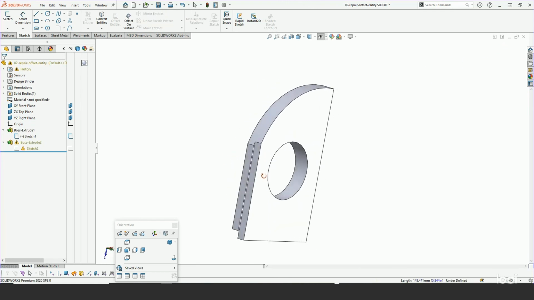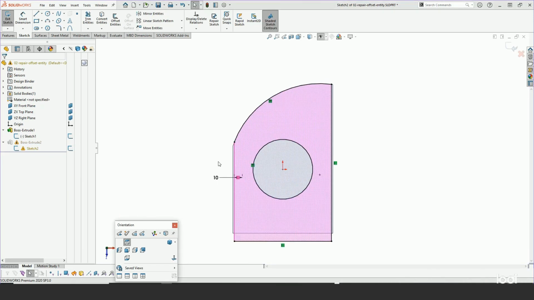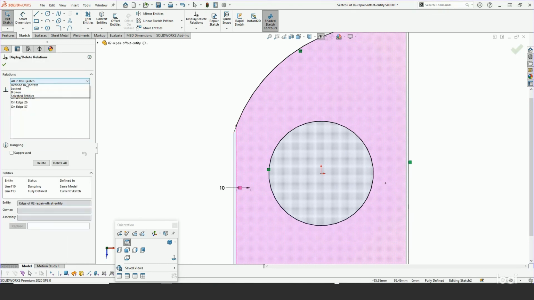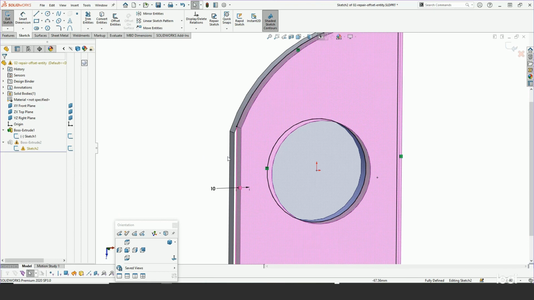Yeah, sure enough, it's dangling. So we know that this edge actually wants to be this edge. So let's try to replace that. So it's dangling 34. This dangling line wants to be this line. It doesn't work. So no matter what I do, try to pick this underlying sketch, offsets don't work here. So in this case, we know that we can repair it by just picking the edge and converting it, and